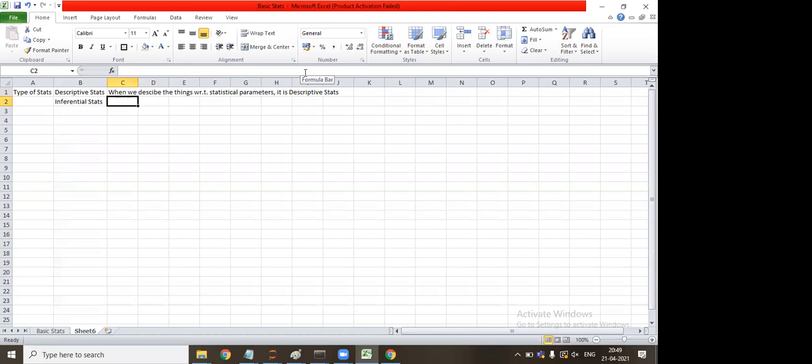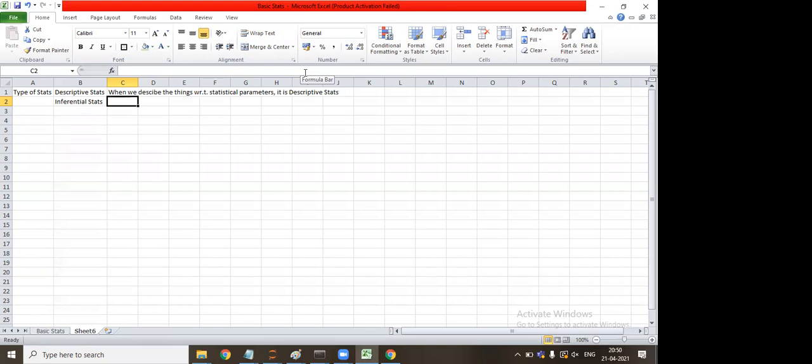Second is inferential. That is the most important part of statistics, where all this prediction, modeling, and all these major things will fall. Inferential statistics is when we are trying to infer anything. For example, you went to a public place and you see a person. You describe that person: height 5-6 feet, 1 inch, 2 inch, whatever you can describe. And the second thing you can do is infer something about that person. That is inferential statistics.